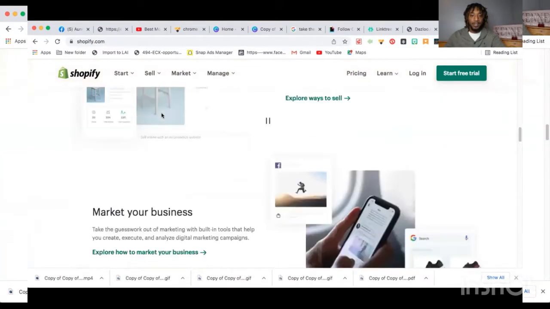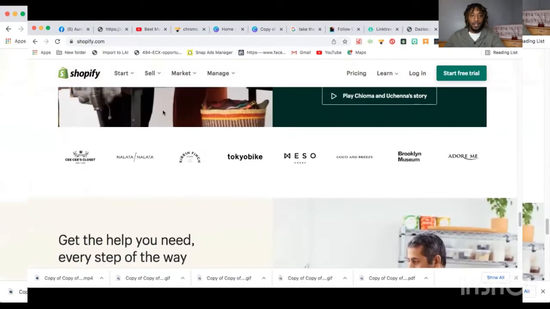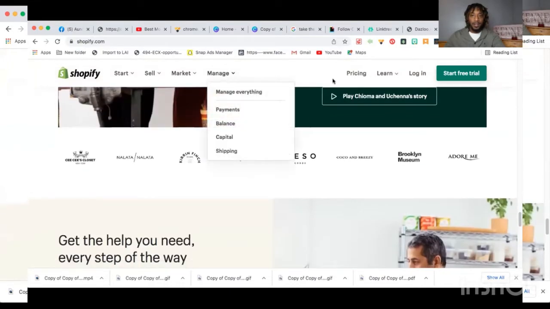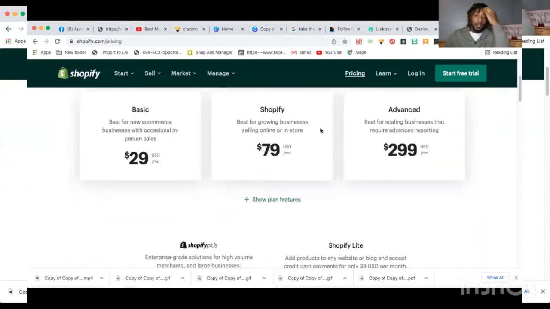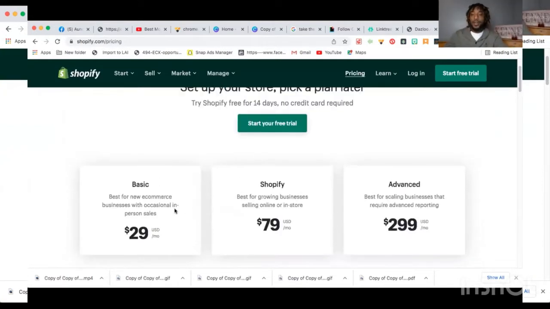Now, their plans, let's see if we can see more information about their plans here. Plans, okay, pricing, right? So it's going to cost you about $30 a month on average to withhold your placement as a Shopify owner, right? So creating a website with Shopify, you're going to need to have $30 a month in mind when you go to create your website. Now, this is an extra expense, but the profits that you gain from your website should outweigh the $30 a month at least, right? So that's the objective behind the website.